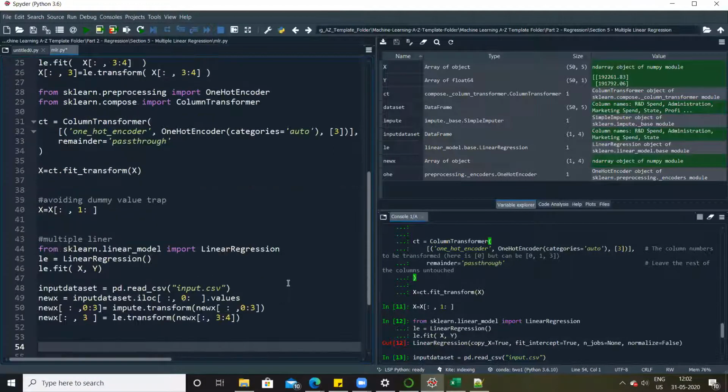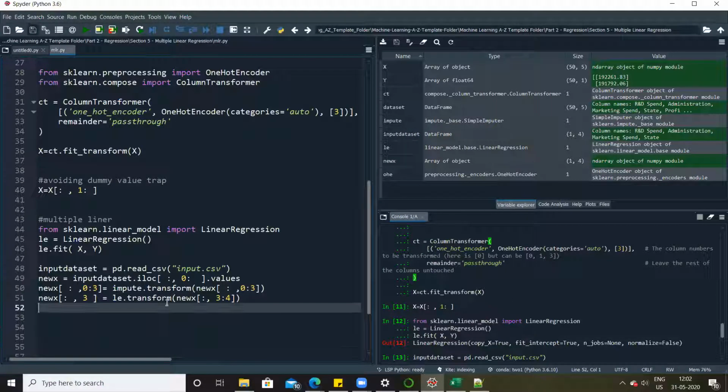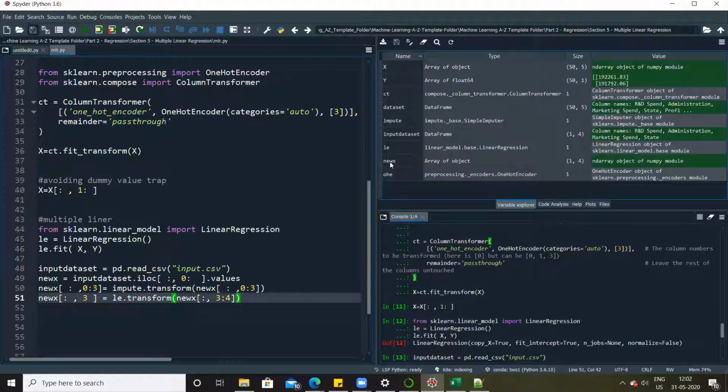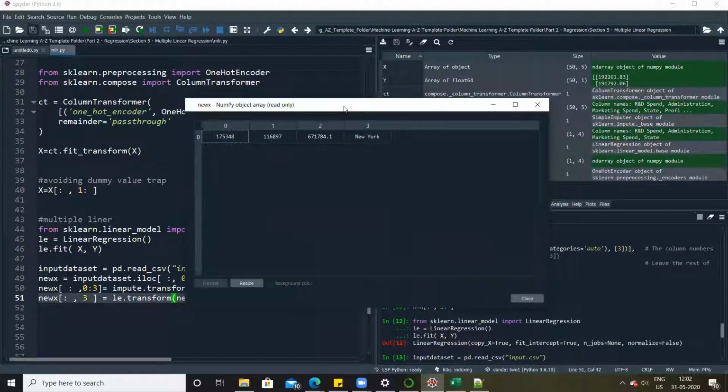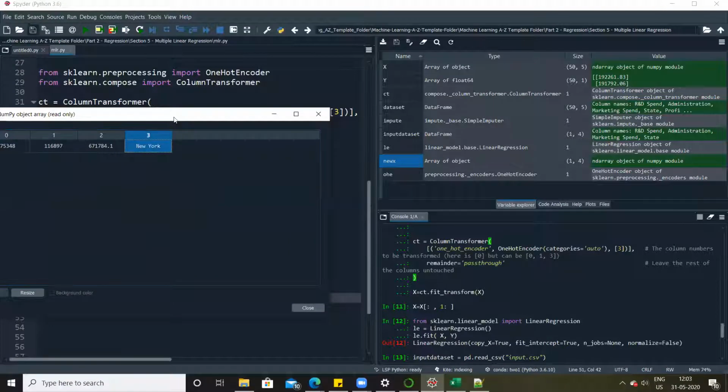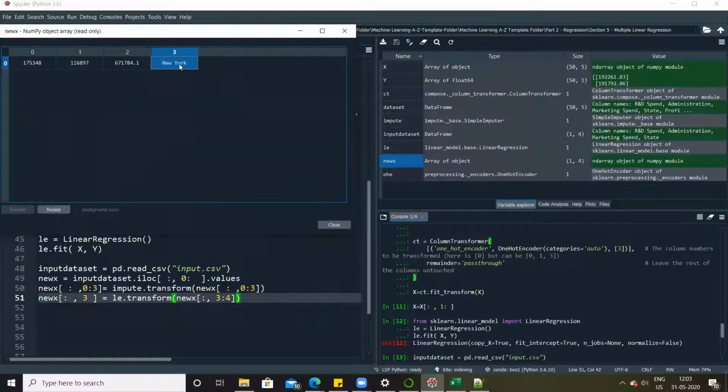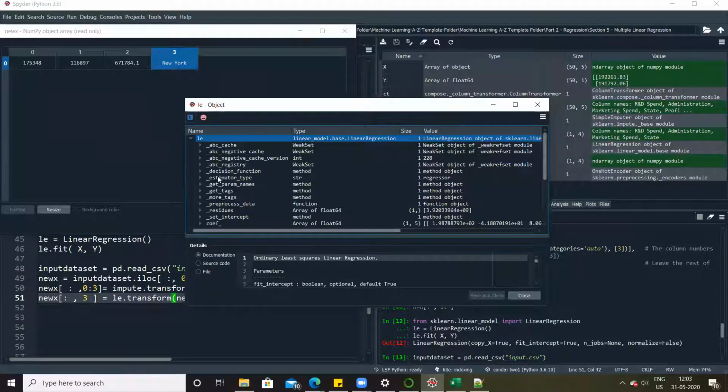All right. Again, I'll give you a reason why we have to use LE dot transform and not LE dot fit. So if you see here in your data set, new X में we only have New York. According to the label encoding classes,